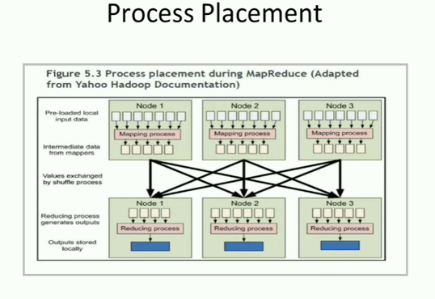Once the mapping is complete, the same node begins the reduce process. The shuffle stage makes sure the necessary data are sent to each reducer, and there is no requirement that all mappers complete at the same time, or that the mapper on a specific node be complete before a reducer is started.